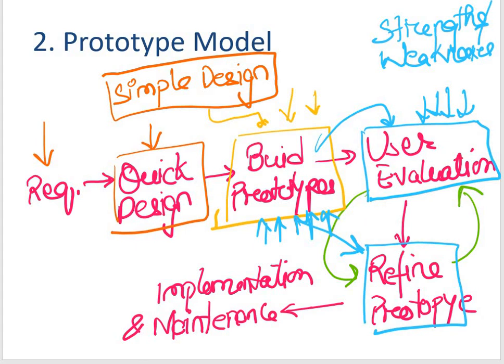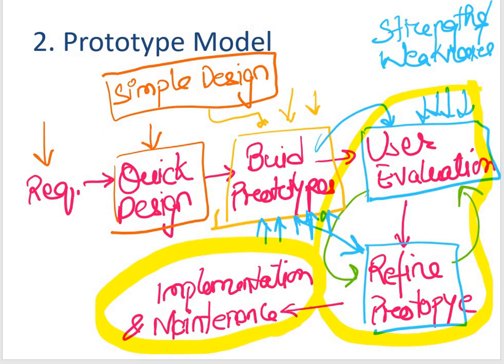And this phase will not be over until all the requirements, feedbacks or specified points are met by this prototype. And once the user is satisfied with the prototype, a final system is built. So we go into implementation and maintenance.